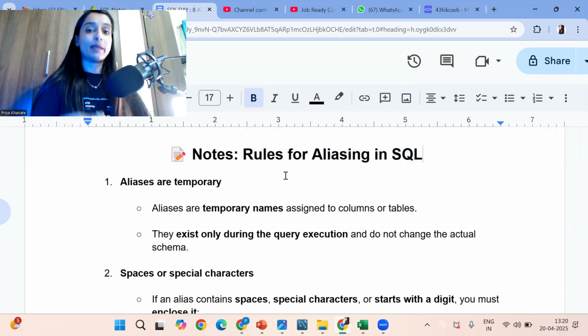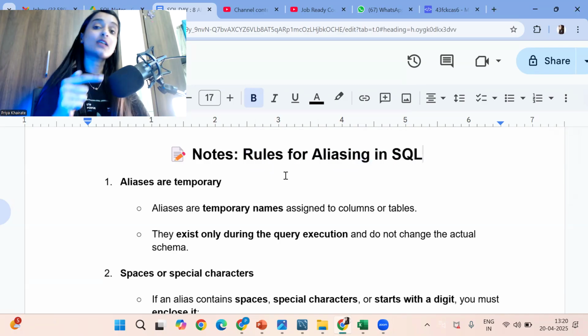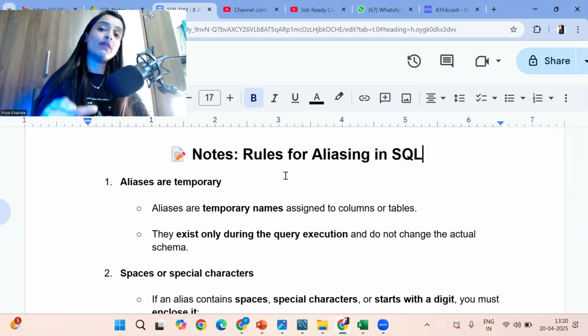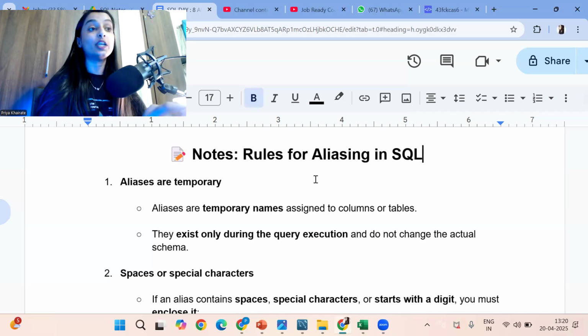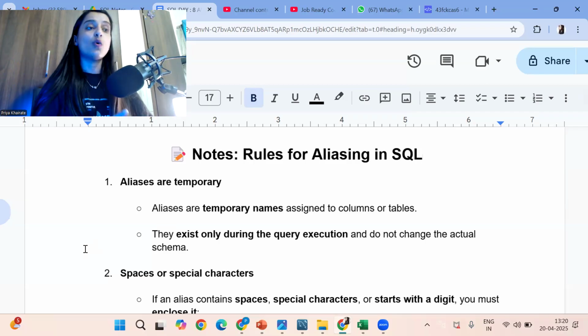In this video, I'm going to teach you what the aliasing concept is, plus how to give table and column aliasing. Why it is required and where it is required, we will understand in the upcoming topics. Like when we get to the joins concept, there you will understand why it is required. So that why part we will not discuss in this video. What is aliasing and how to give aliasing to tables and columns, this is what we are going to understand.